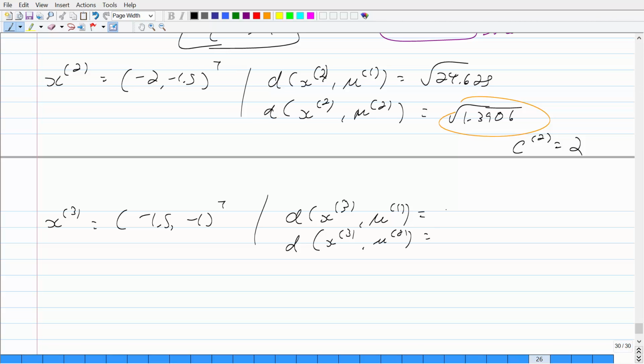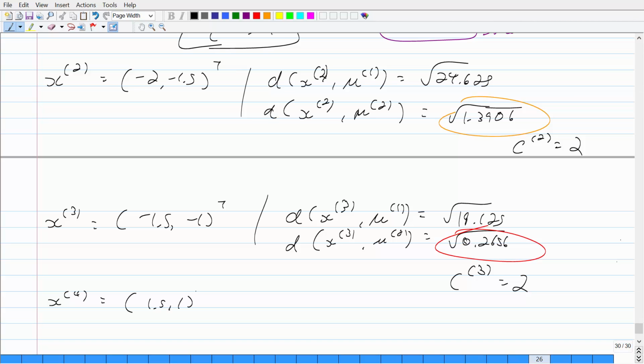this is equal to square root 18.125 and square root 0.2656. So obviously this one's a smaller one, therefore the membership for the third example is also equal to the second one. Okay? So for the fourth one, we have 1.5 and 1. The distance between the fourth example and each of these centroids,